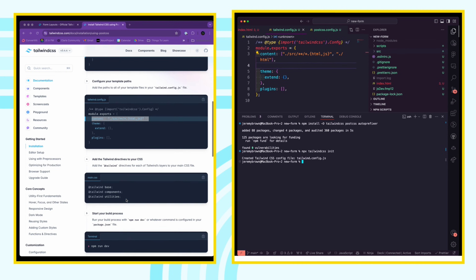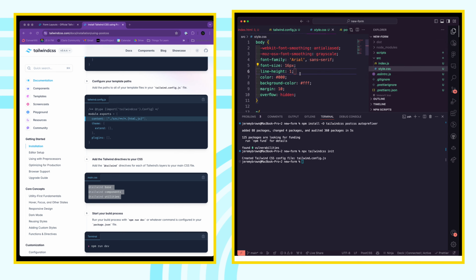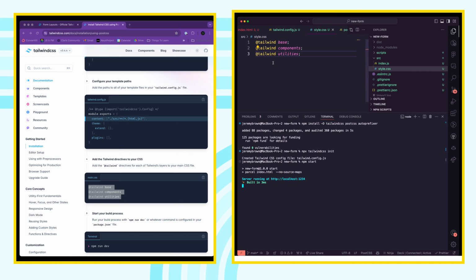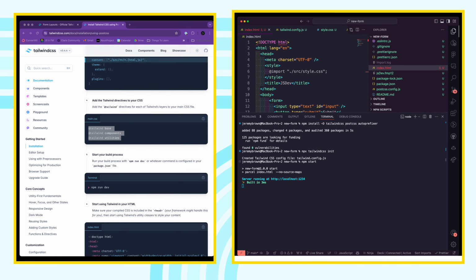All right, and then we will put this into our CSS file. Copy here, get rid of all this stuff, and just put that in. And then npm start, make sure it's running, and then we'll see if it's going to work. So let's go over here, back to FileMaker,